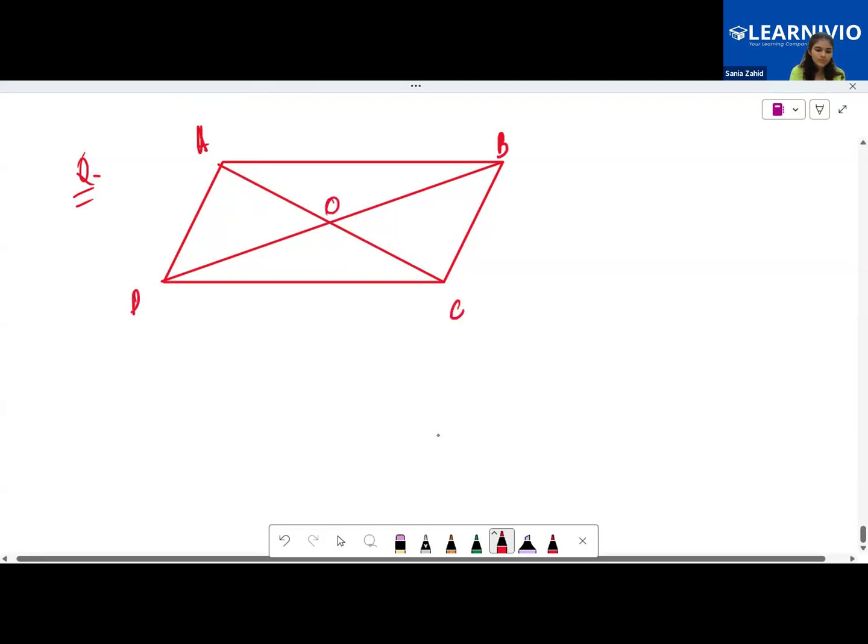This is O. Let's consider that OC is equal to 4 centimeter. Now BD is given to you. BD is equal to 5 more than